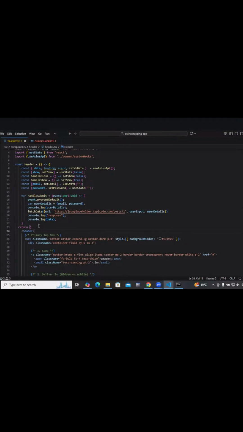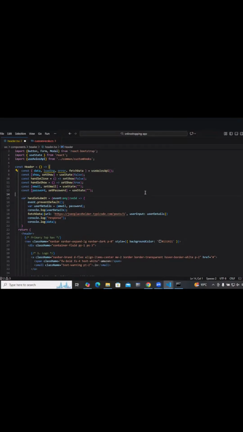Line number 8. But later, this is a hook, right? Whenever there is a change, it automatically does that, right? Yes. But that data variable should be different, right? So that is what the state variables have to take care of. Whenever we are calling this fetch data, it has to come here and this data has to be automatically returned for us.